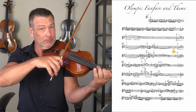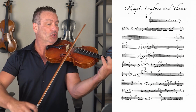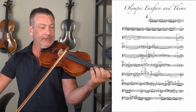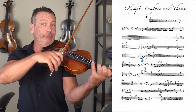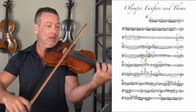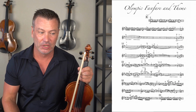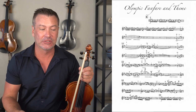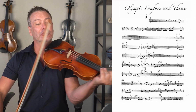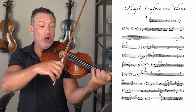So good. Then we have quarter notes, and we have a low 1, that's a B flat, followed by a low 4, that's an E flat. Now that is a quarter note tied to a dotted quarter note, so that's 2.5 beats, right? So we're gonna need more bow for that. So we use that low first finger to take us lower in the bow, so we have enough bow for